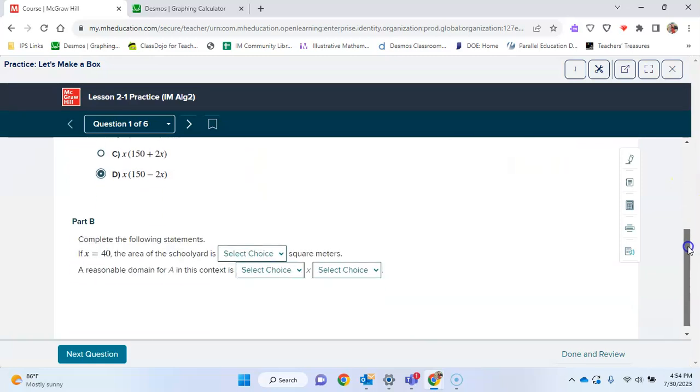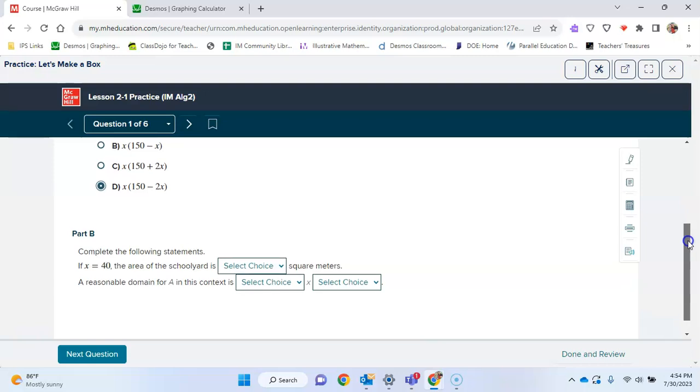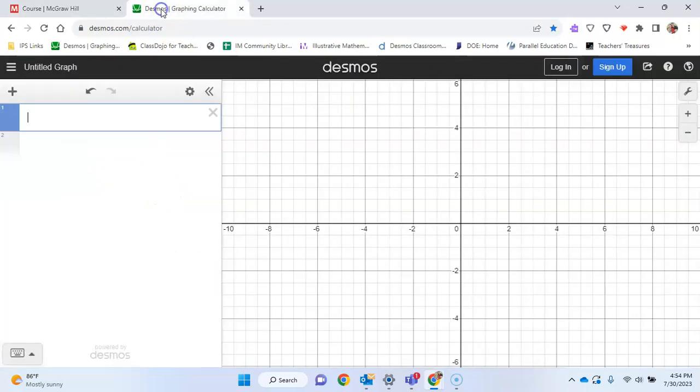Part B, complete the following statements. If X is 40, the area of the schoolyard is blank square meters. All right, so we selected D, that means X is 40. This would be 40 times (150 minus 2 times 40). 2 times 40 is 80. So we have 40 times (150 minus 80). That's 2,800